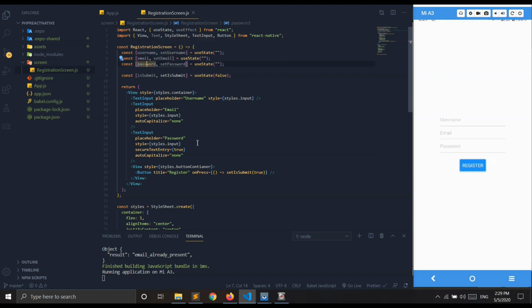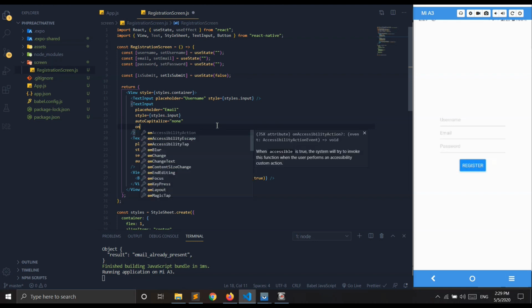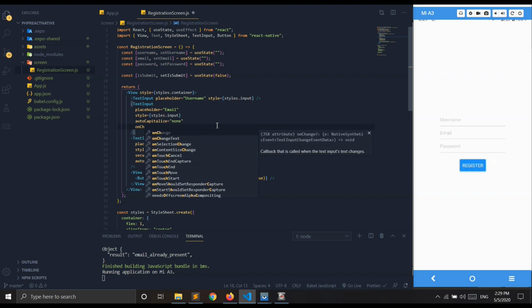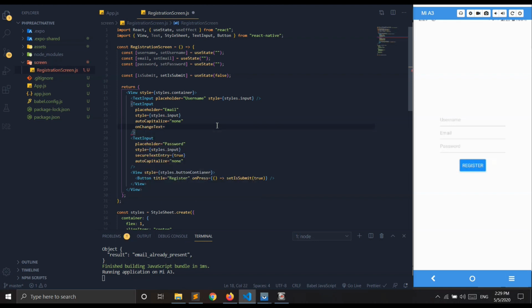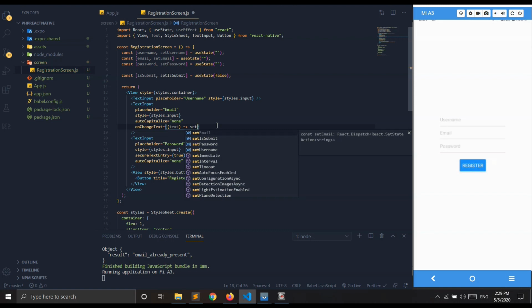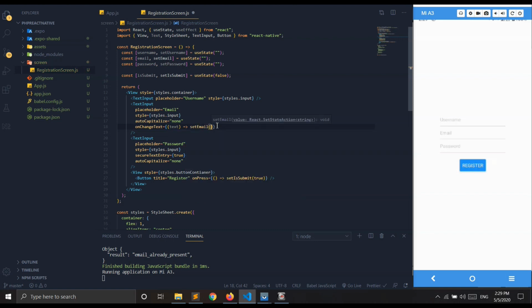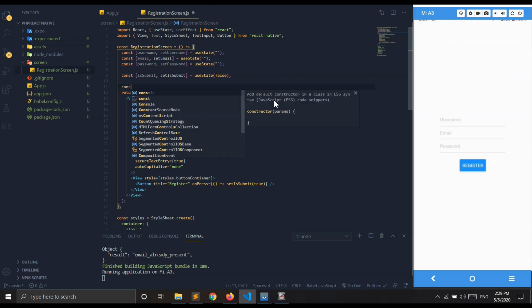There are two ways. The attribute we use is onChangeText, and we can do it in two ways. The first way is to write an anonymous function, that is an inline function, where setEmail will be this value. The other way is to create a separate function. You can name it anything you want.